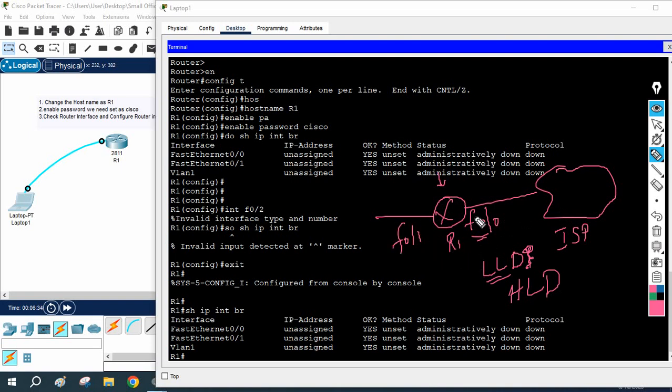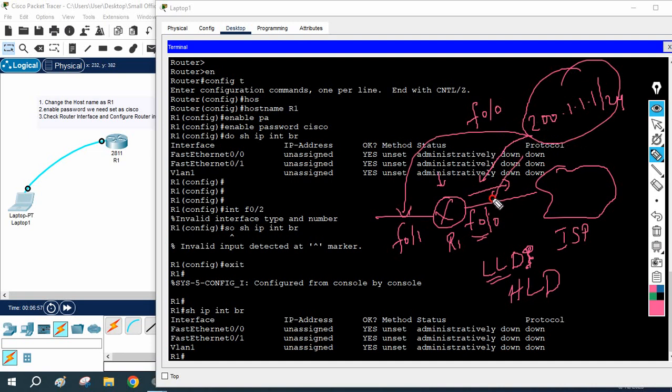You need to check and make sure what the ISP gives you. If the ISP told you to assign the IP address 200.1.1.1/24, then you need to check your layout. In the layout you need to check which interface is facing towards the ISP, and in that interface you need to assign this IP. Maybe you will assign this IP here and your LAN IP here, and the technician will install the router, put in a different port, and you will have the issue. No issue, you can change the cable, plug this cable here and that cable there, but your